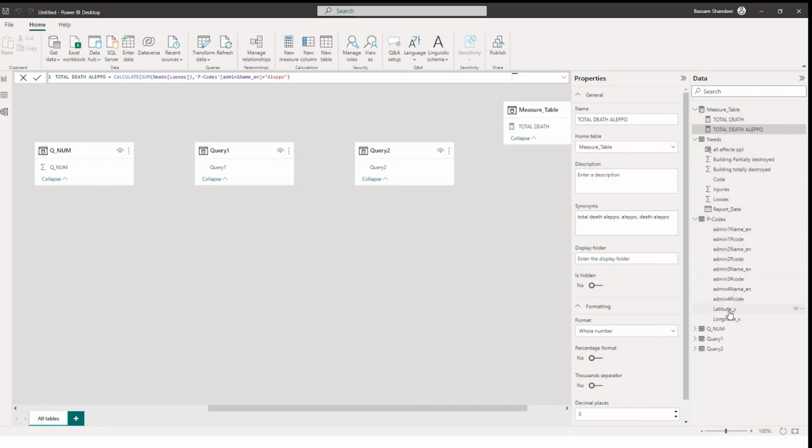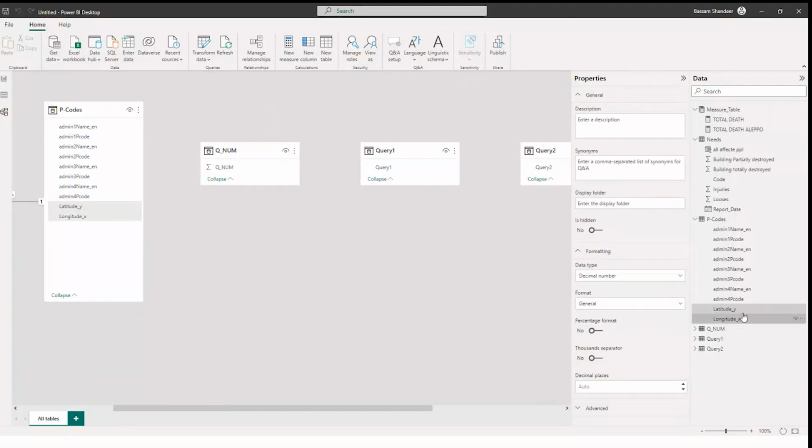to the mentioned table, select my columns, and I can come here, display folder. I can say, okay, this is location. Click enter. So here you can find I added just a logical level of organizing our data. So basically, you can see these two columns are now under location, and you can do it for the rest of the columns. So you can add more folders, and you can reach them easily, especially when there is a lot of